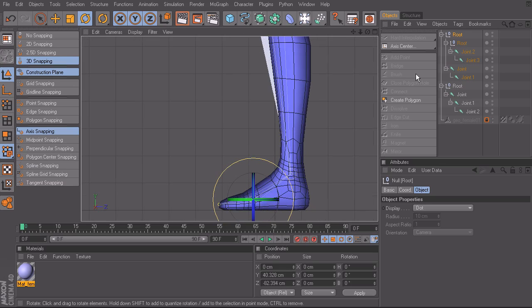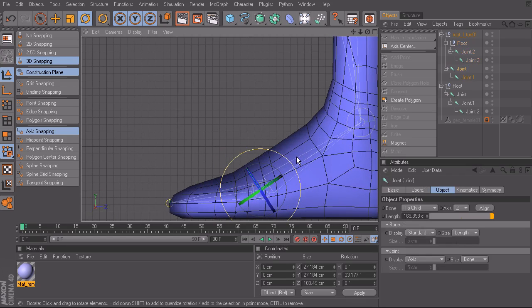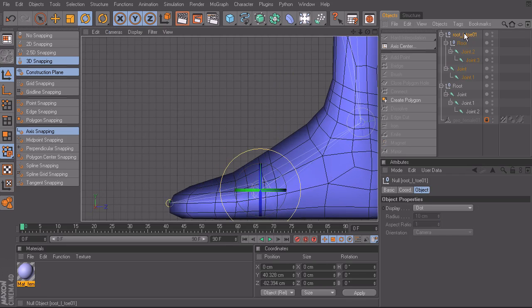Starting from the top, the Objects Manager. That's going to be root underscore its direction, which is L, left side, underscore toe 01. Okay, and then following that, we have the next root to rename. This is going to be for the ball joint. Actually, this first one here, this isn't